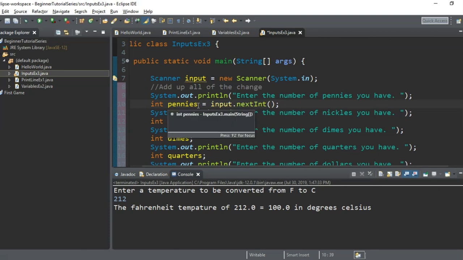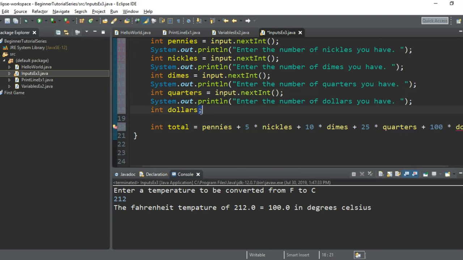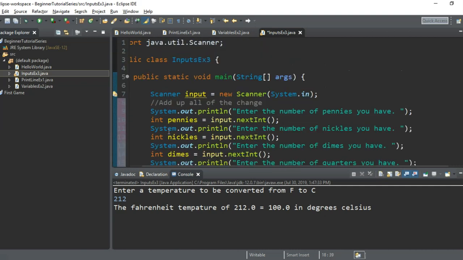So this can actually be repeated, and you can just copy and put it right next to all of these, because the next int is actually just scanning using our scanner that we have created called input, and scanning the next input into the system, System.in,